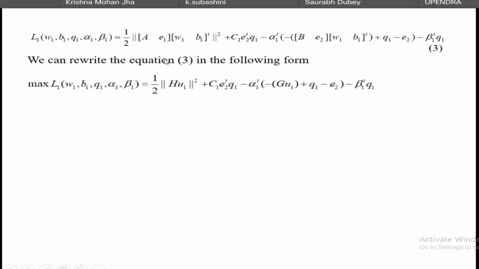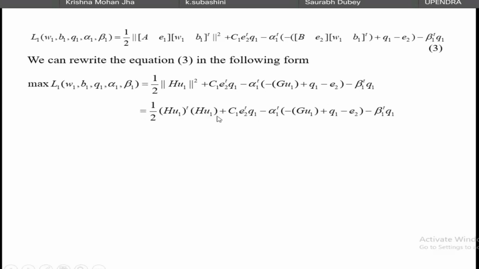Here E1 you can write as H, B W1 V1 you can write as U1. The same terms I have written with minus alpha 1 transpose, minus this is nothing but say your G, this is U1 plus Q1 minus E2 and minus beta 1 Q1. So ultimately I have represented it in a sorted manner. And you can write the norm of HU1 squared as HU1 transpose